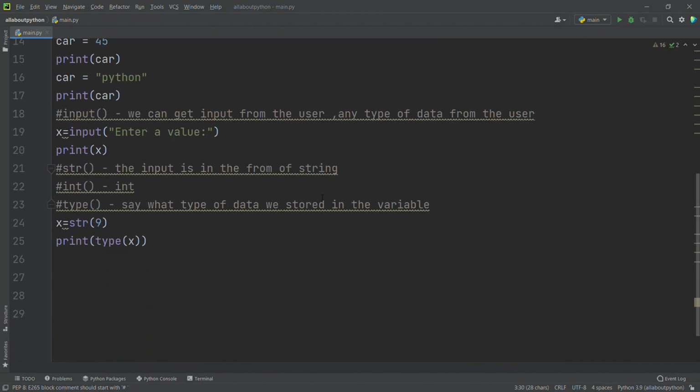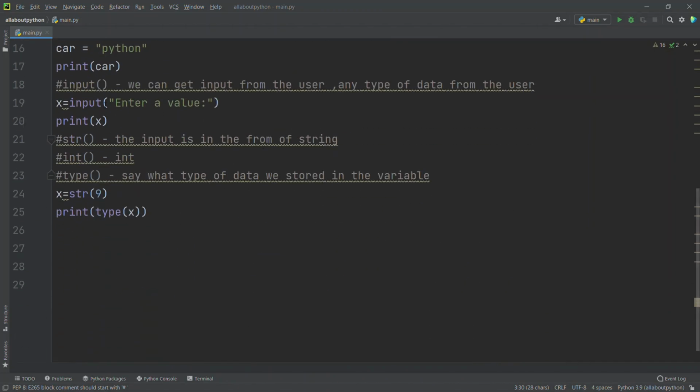And we had seen three functions. One is the input function to get data from the user. So it makes our program static to dynamic. And we had seen what is static and what is dynamic. Static means we cannot change anything, so it remains the same however many times you run the program. But if we convert static to dynamic, we are able to get different data every time we run the program.